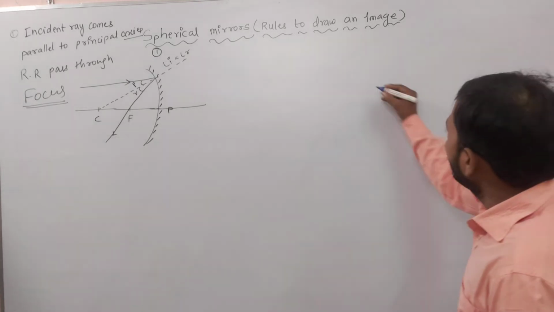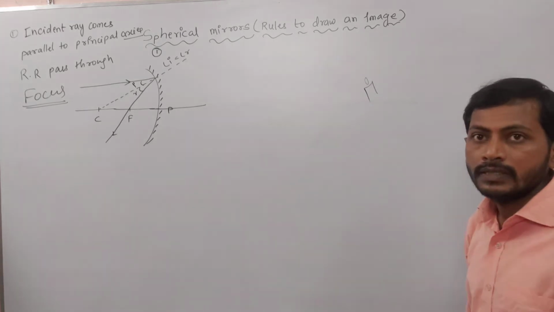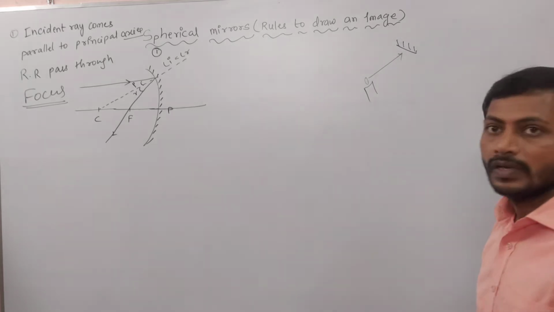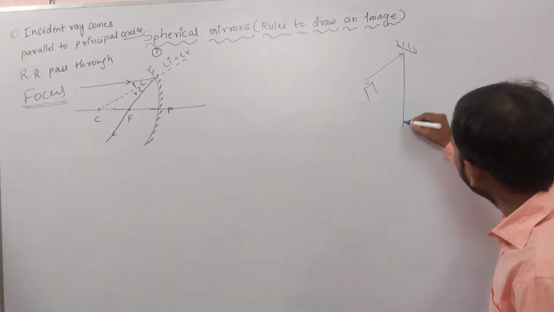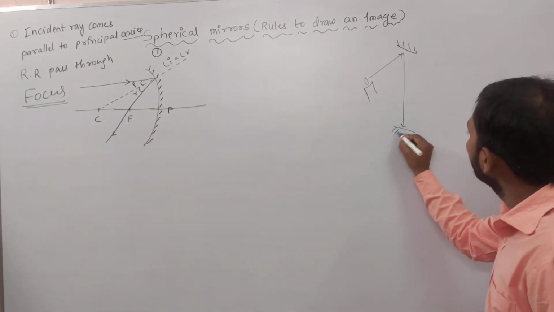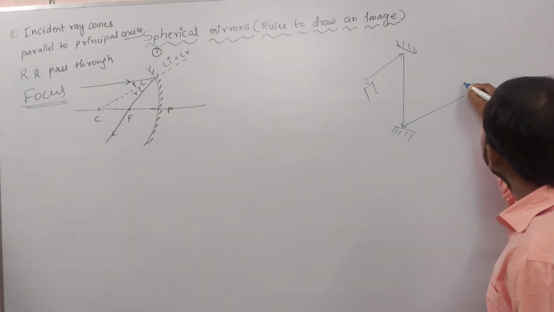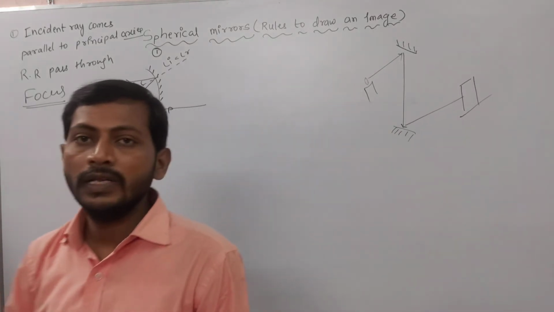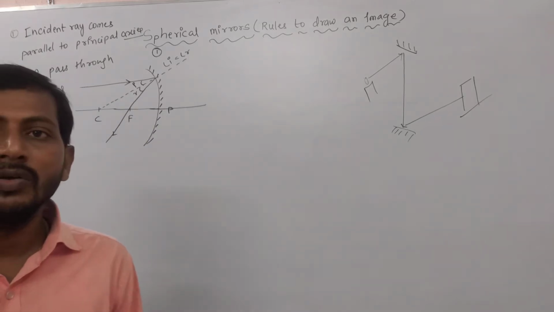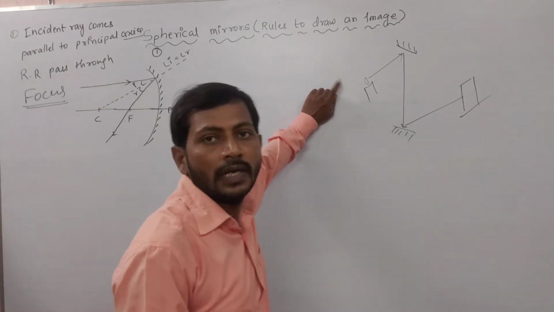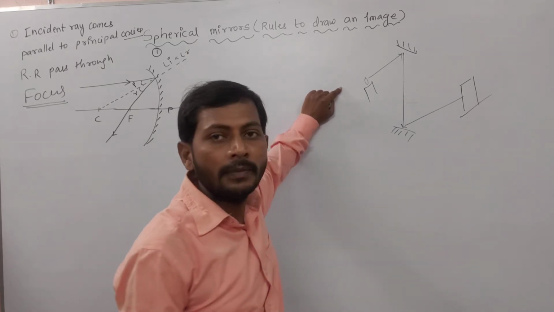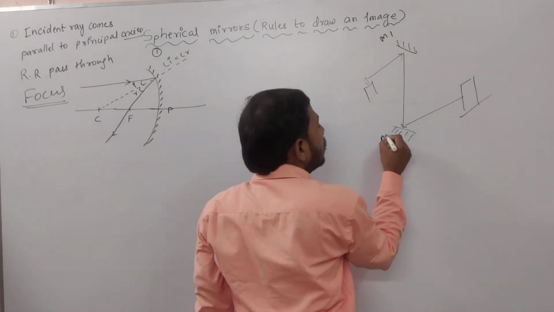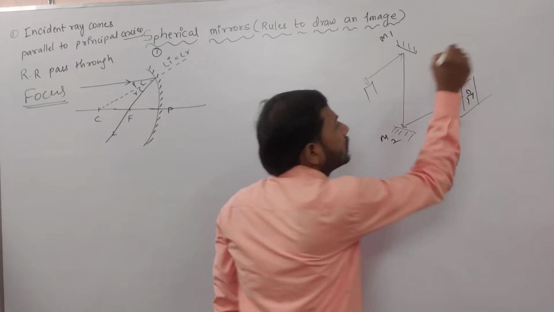Please observe here. I kept one candle. This candle is giving light, the incident ray. I kept one mirror here, and again it is giving the image, the ray coming like this. Here I kept another mirror and it got the image on the screen. Now if I ask you, what is the object? You will say, sir, the candle is the object. How many times did it get reflection? Two times, sir, on mirror 1 and on mirror 2. Here I got the image.